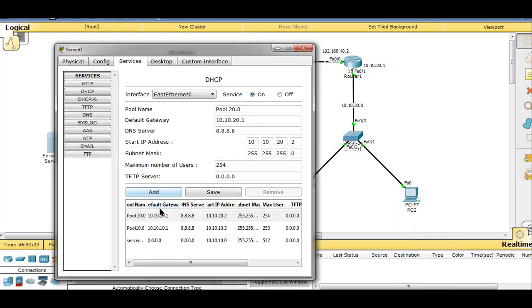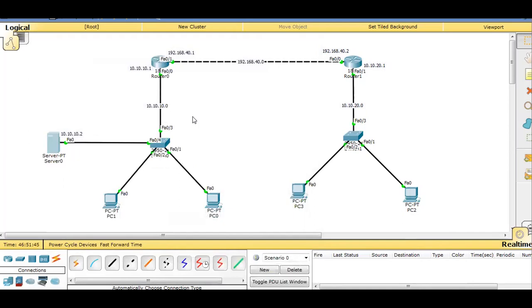So a new pool is formed. So we got two pools. One is for 20.0 and the other is for 10.0. And ensure we have services turned on for both the pools. Okay, so now